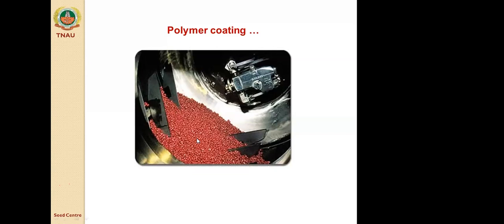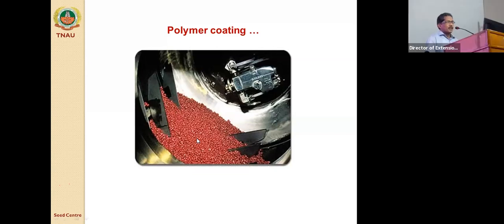The idea of this polymer coating is that the polymer will act as a binder and it will hold the nutrient or whatever material is incorporated in the seed treatment over the surface of the seed so that dusting off can be prevented. Dust off creates wastage of chemicals as well as environmental hazards. By binding all these chemicals together over the seeds, we are avoiding both chemical wastage and hazard, and also improving the efficiency of that particular seed treatment. So that is the use of the seed coating.